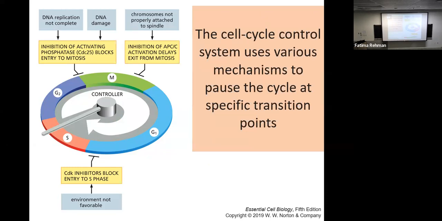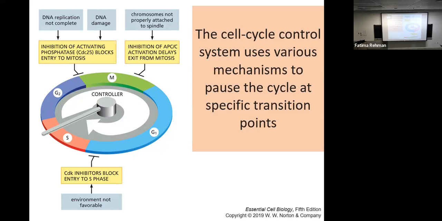So this, like I said, there are several different places that you can have these happen. In your G1 to S transition, the CDK inhibitors can block entry into S phase, with p27 as an example of that. It will inhibit the cells from going into S phase, even though they were ready to go. So it had already produced those CDKs and cyclins, and they were already activated, but then the environment was not favorable, let's say. Something happened here. And so the checkpoint protein will activate these inhibitory proteins, p27 for example, and inhibit that transition.